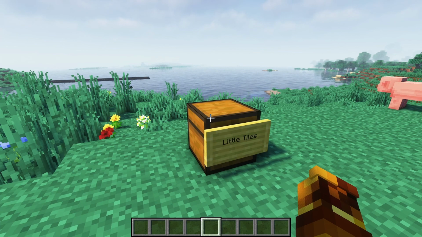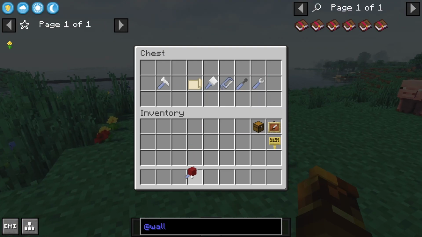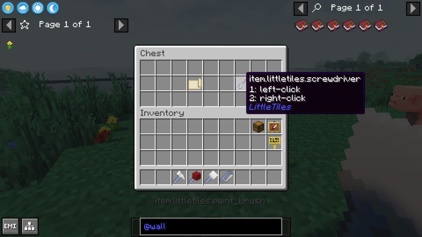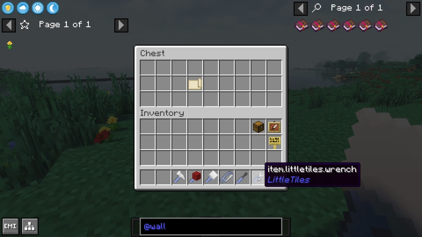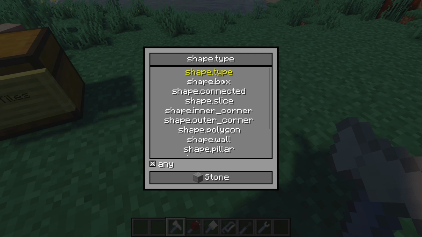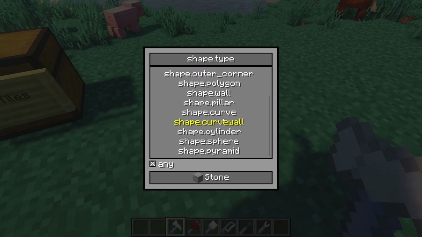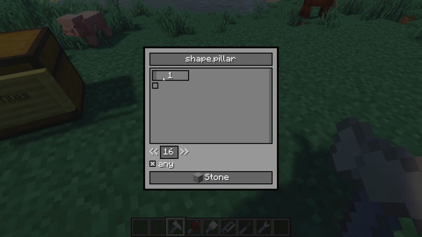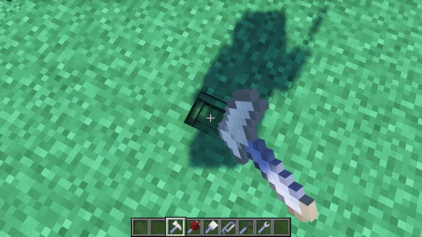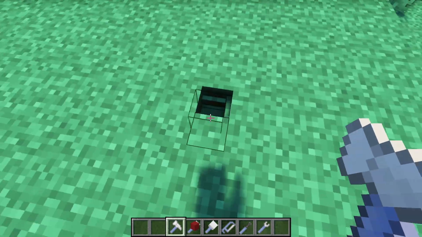The next mod on the list, a lot of you builders might like, and even if you don't like building, you might really like this mod. This mod is Little Tiles. So what this mod is, it's kind of like a chisels and bits type mod. It works very well. I keep having visual issues inside of this version, so I would keep that in mind when working with it. So you can do shape, pillar,